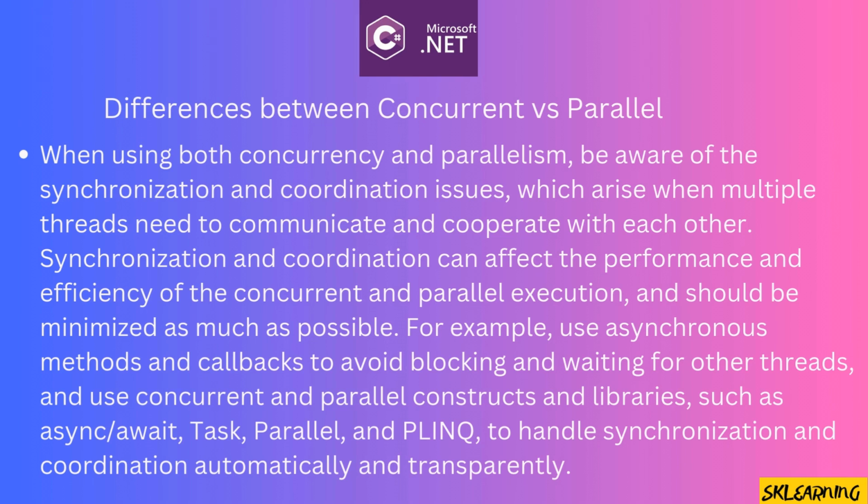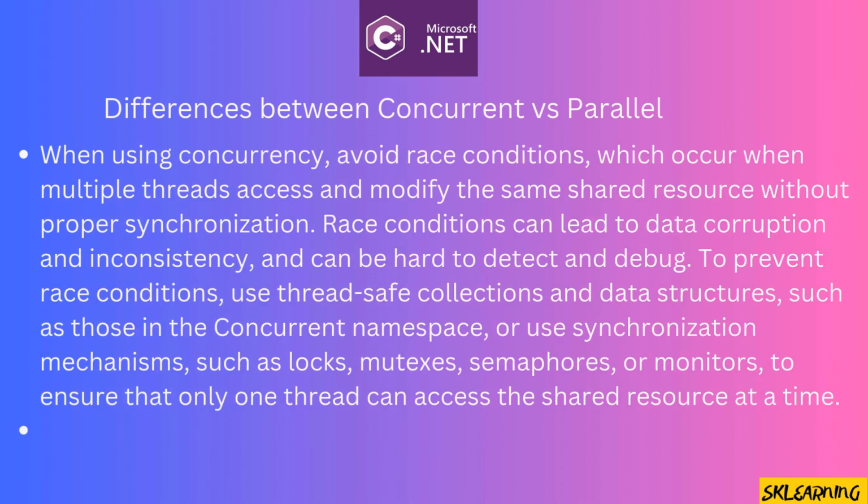transparently. When using concurrency, avoid race conditions, which occur when multiple threads access and modify the same shared resource without proper synchronization. Race conditions can lead to data corruption and inconsistency, and can be hard to detect and debug. To prevent race conditions, use thread-safe collections and data structures, such as those in the Concurrent namespace, or use synchronization mechanisms, such as locks, mutexes, semaphores, or monitors, to ensure that only one thread can access the shared resource at